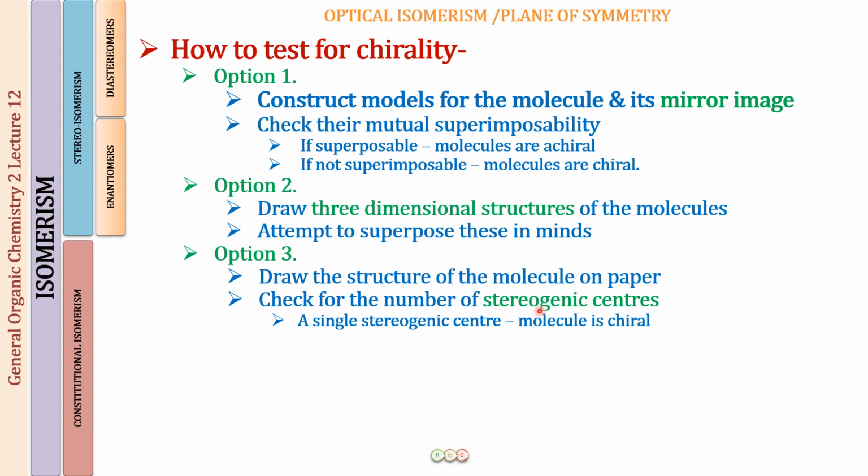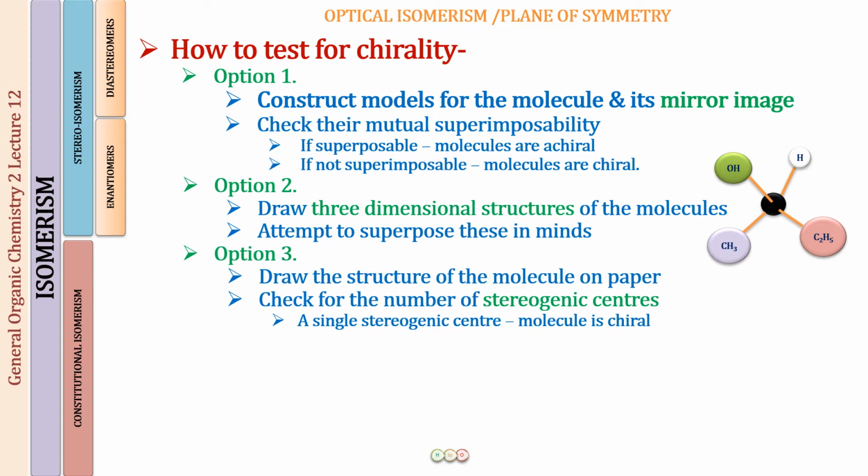A chirality center is one atom which is surrounded by 4 different types of groups. If only a single stereogenic center is present in a molecule, that molecule is going to be a 100% chiral molecule. I hope this is clear. For example, you have all been seeing the structure of 2-butanol. Carbon number 2 is surrounded by 4 different groups, so this is a chirality center. Because there is only one chirality center in this molecule, it is going to be 100% chiral.